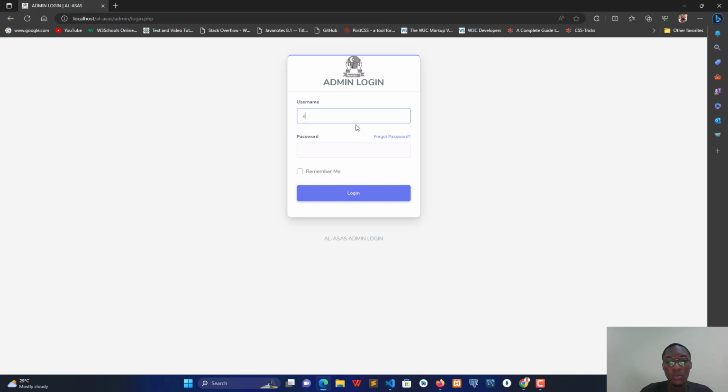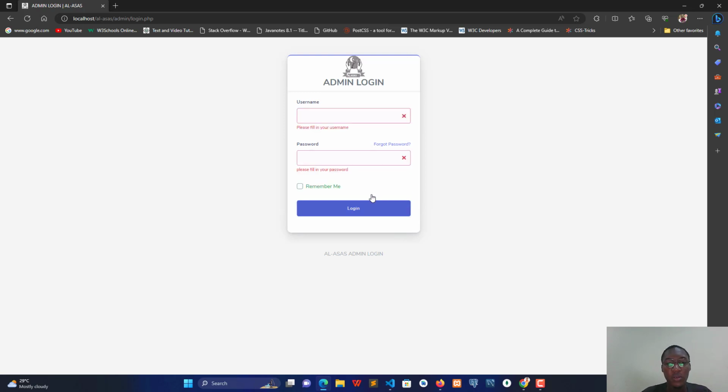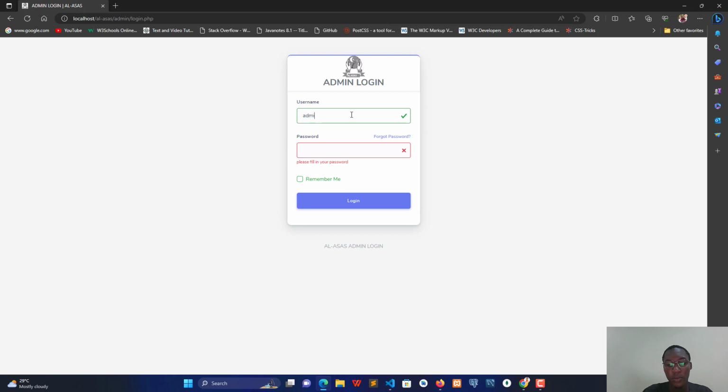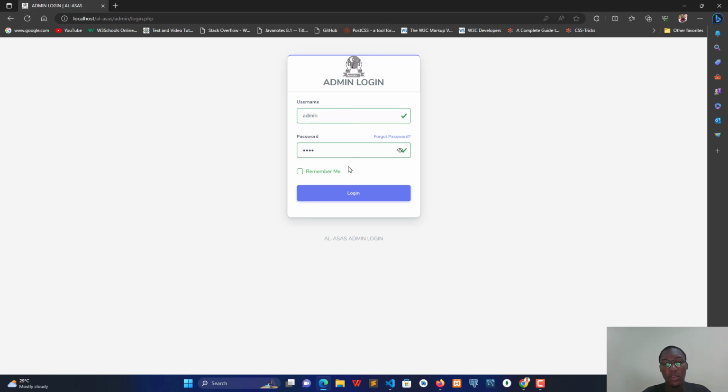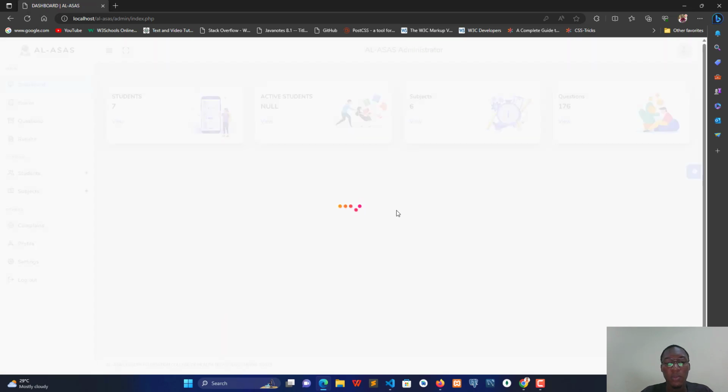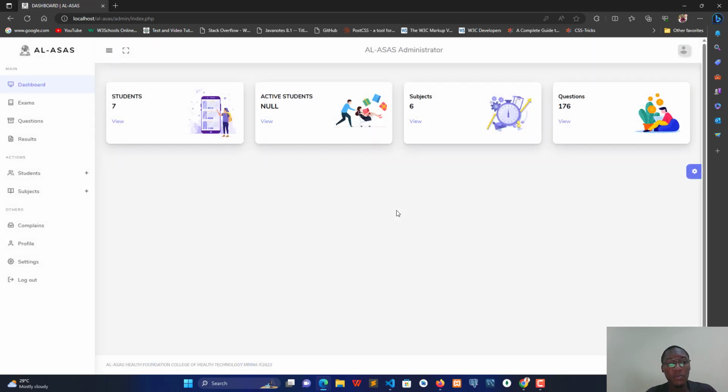So to confirm validation I'll just hit on this login, that means there's security. Username is admin and the password is there. So here it is loading, it has opened the dashboard. We have 7 students, active students and number of subjects registered